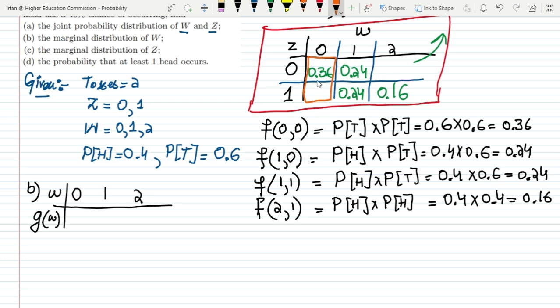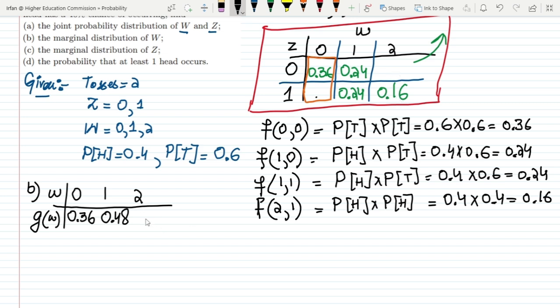So adding them together, 0.36 plus 0, here we will get 0.36. For column 1, here we have 0.24, and this is a single column, so adding them together we will get 0.24. Okay, and the last one here, for 2, we have here 0 and this